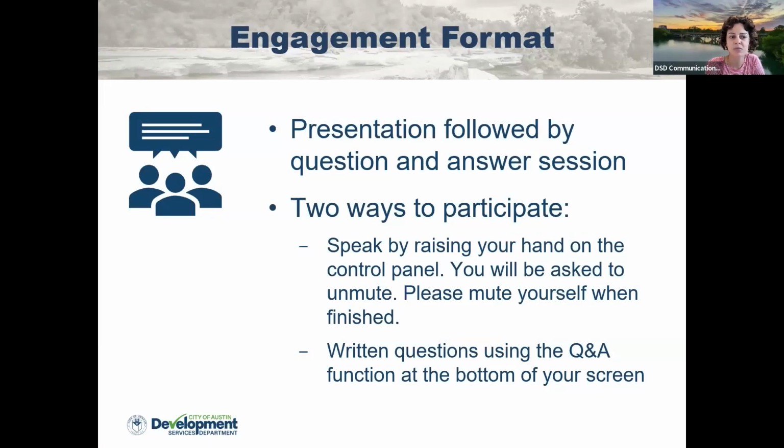The Land Development Academy sessions offer a deeper look at the site plan review process. We have experts from across the City of Austin departments who work with site plans joining us for all of the Land Development Academy sessions.